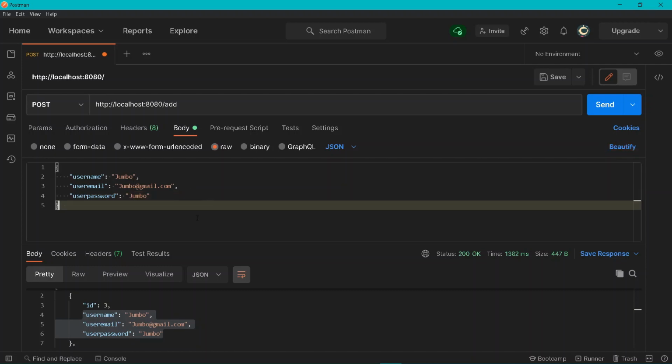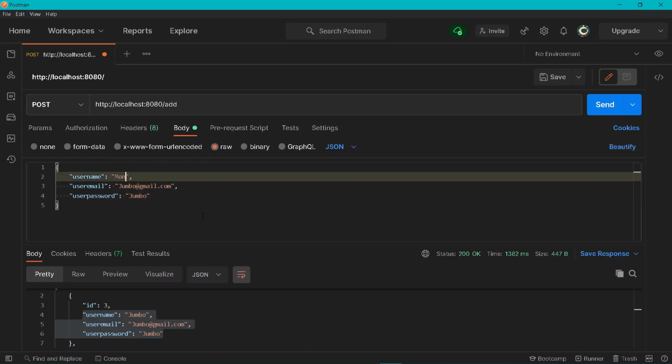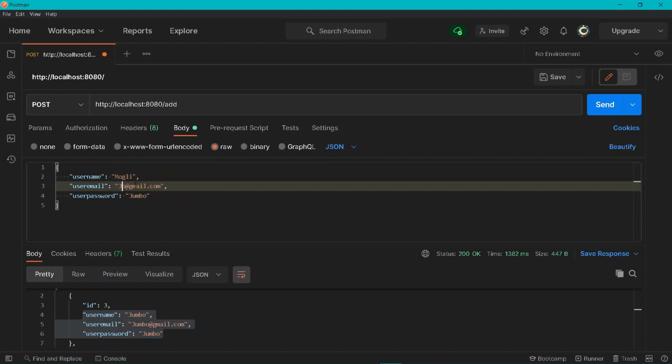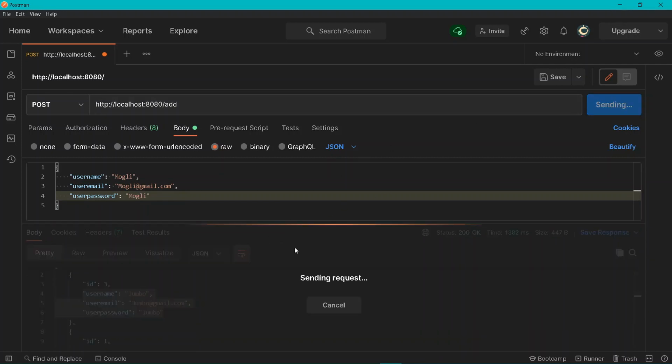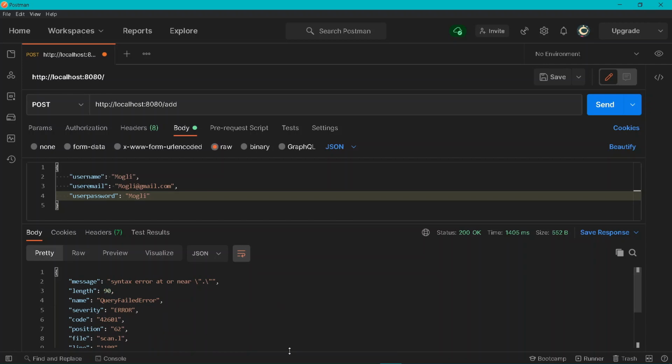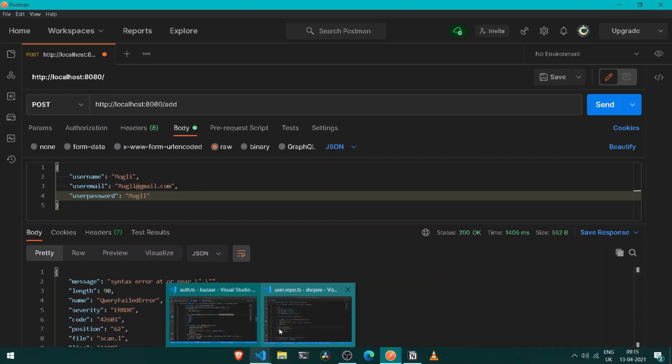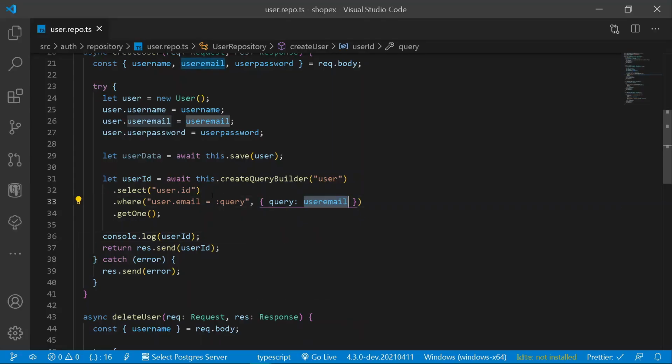Let's beautify it, and here instead of Jumbo, let's add a new username of Mowgli, just like this, why not? And also let's have a different email to it, and also its password. And now let's add the following thing under the POST request. Alright, we are getting a syntax error, so let's go back. Alright, so here it should be userEmail, not email, because the email does not exist under our entire thing.